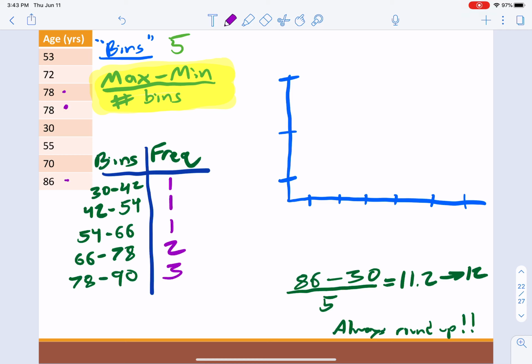And just to double check, the sum of all the frequencies should be the number of data points we have, which is 8 in this case. And it looks like that's 3, and that's 2 and 3, so that's 8. That's good. That's all sweet. Okay, cool. So then, what we want to do